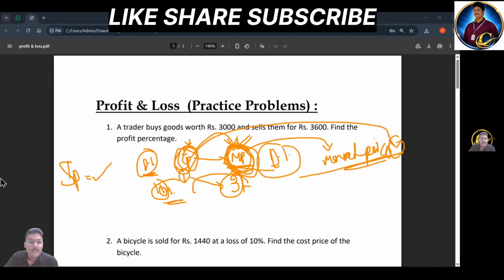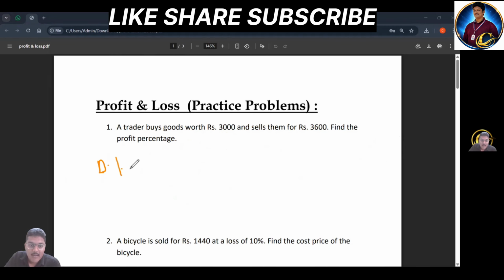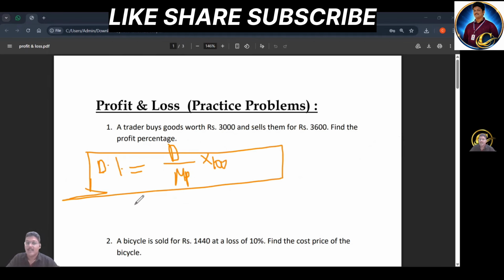Now, discount percentage is equal to total discount in rupees by MP into 100, like profit percentage in profit and loss. This is the discount percentage. If we have a formula for discount in rupees, not discount percentage, only discount, it is equal to